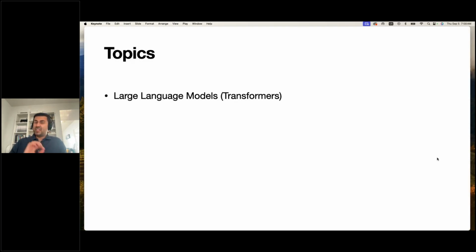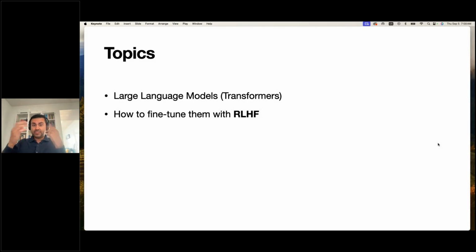Time permitting, we're going to do a very quick intro into large language models. I don't expect knowledge of them, but if you have knowledge of how they work, that's fantastic. You for sure have played with ChatGPT or Anthropic, Cohere, Gemini, any of those. They all work in the same way. So I'll tell you a bit about large language models, which we call transformers. Then, not how to train them, that is a topic for a different day. But imagine they're trained, I'm going to show you how to fine-tune them with reinforcement learning with human feedback. So you will use humans to actually interact with the model and get that.